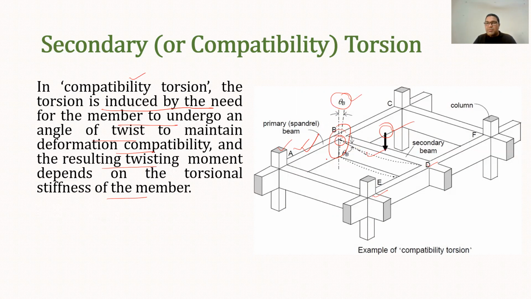Okay, so if member AC has higher torsional stiffness, it will attract more theta b. So basically here, moment redistribution can occur. For example, if we want member AC to be subjected to less torsion, what we can do is design this joint such that it will not transfer the moment of this force to this beam AC